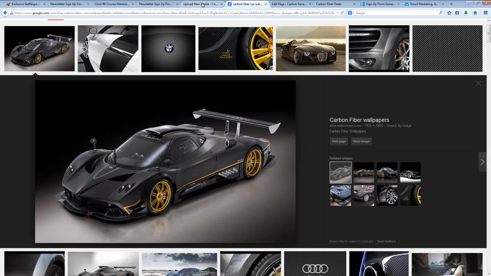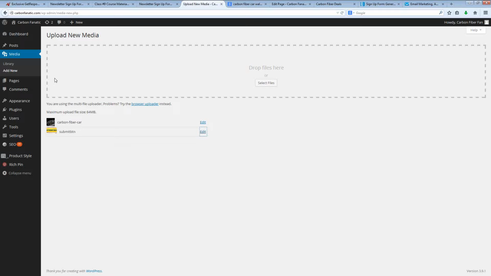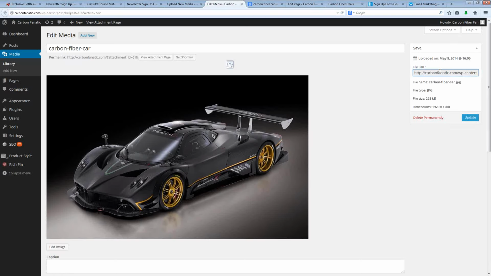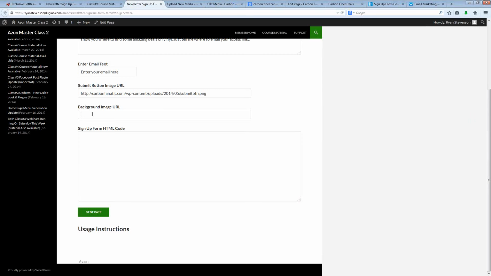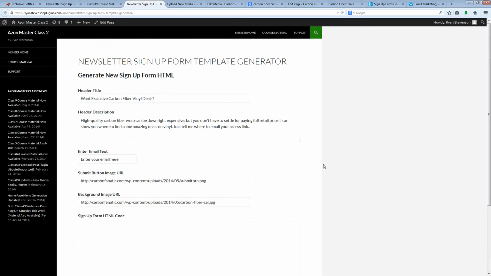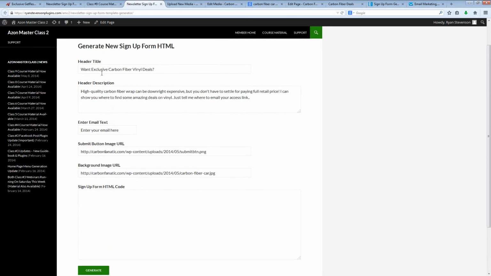Once you have that image on your computer, you can then go back into WordPress and upload it to your own website. And then click on the edit link next to it so you can get the URL for that full image here. And then we're going to take that URL and put it in the background image URL box. At this point, this entire form is now filled out with the exception of this last box, sign up form